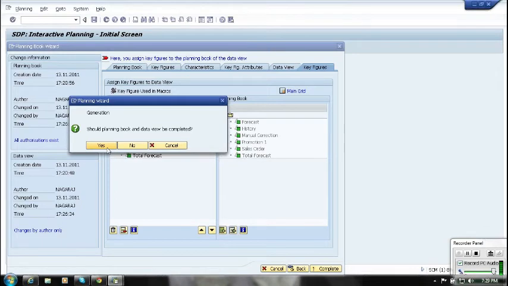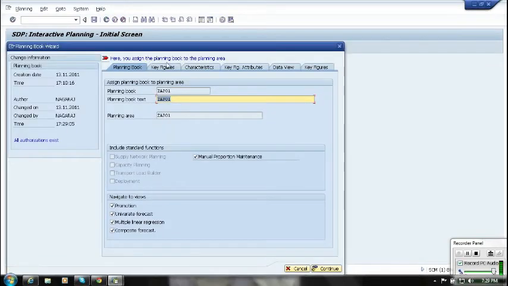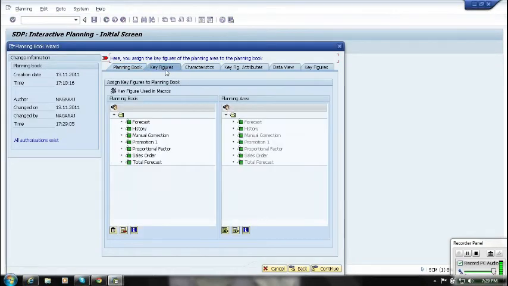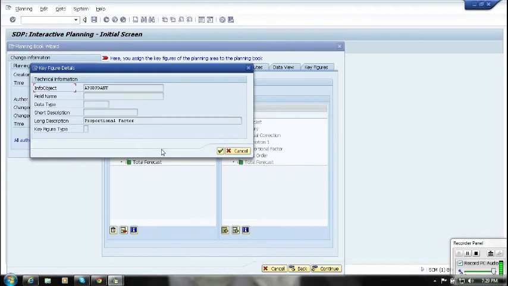After I selected that option, if you go to the key figures, you can see a new key figure is added. Earlier it was 6, now the key figures are 7. This is the standard SAP APO key figure for aggregation and disaggregation.